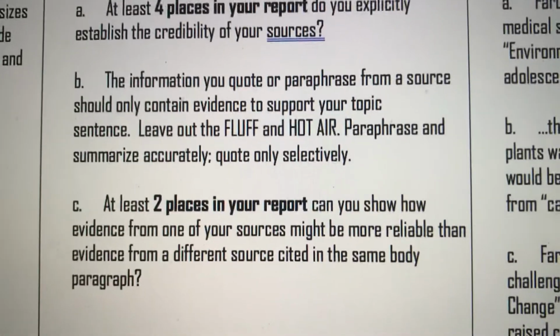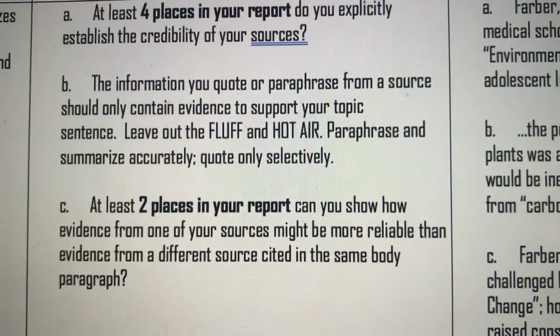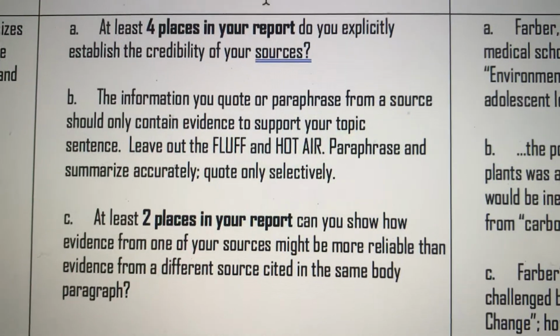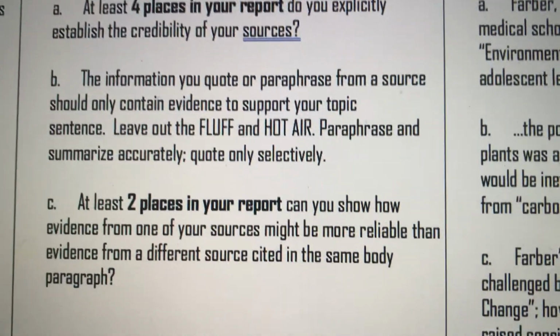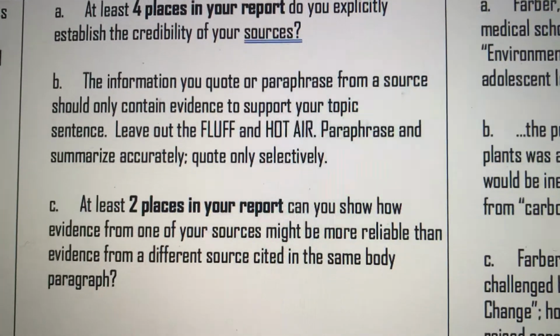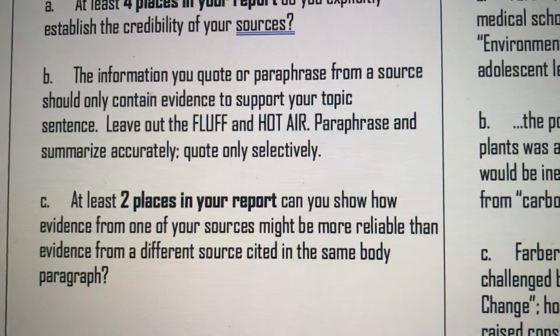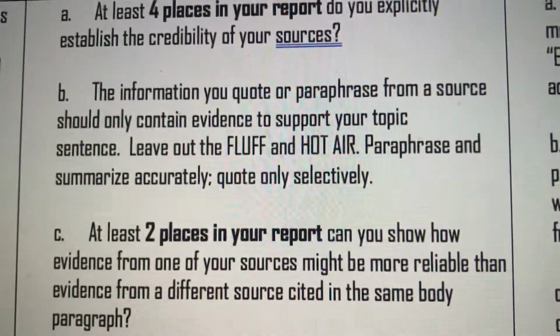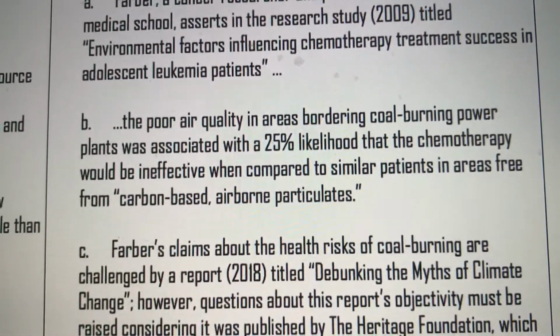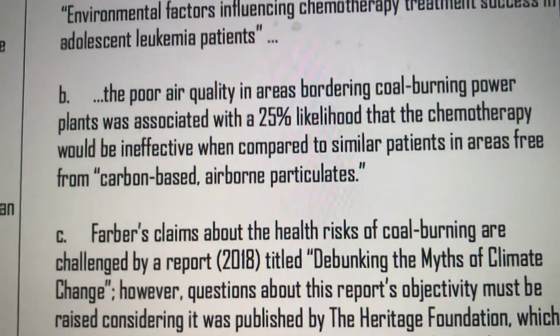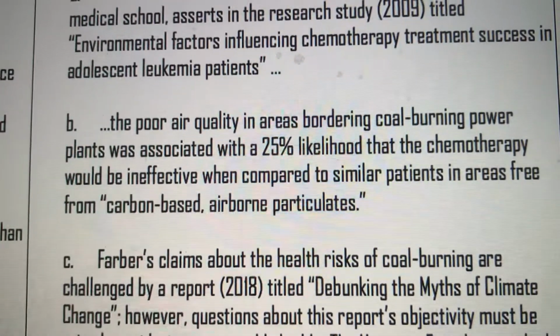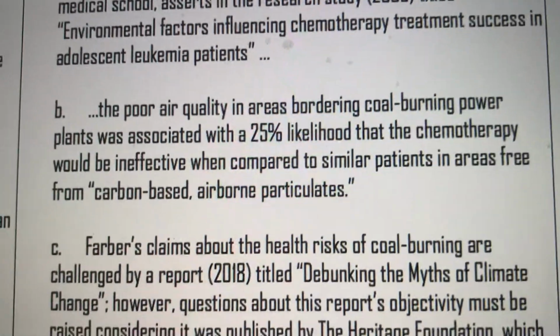Letter B says the information you quote or paraphrase from a source should only contain evidence to support your topic. Leave out the fluff and hot air. And paraphrase and summarize accurately. Quote only selectively. Remember, the College Board does not like big block quotations. They like to see things like letter B here, where you have mostly a summarization of your evidence with certain phrases like carbon-based airborne particulates quoted. Finally, it says